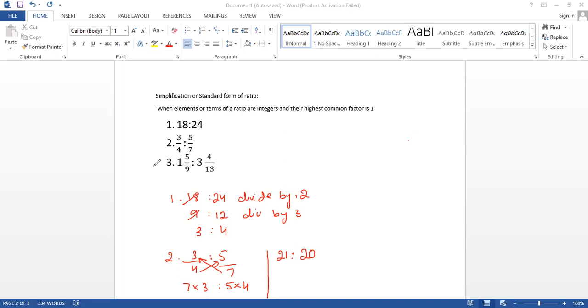Now, if you look at the third question, you have a mixed number over here. So a mixed number can be converted into a fraction like this. So first we're going to do this. So 9, how to convert it now? 9 multiplied by 1, you're going to multiply and then you're going to plus it over here. So 9 1s is 9 plus 5. So this will give you 14 over 9. Similarly, 13 times 3 is 39 plus 4 will give you